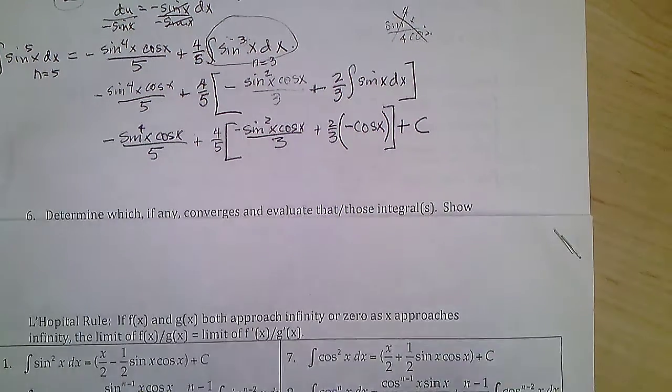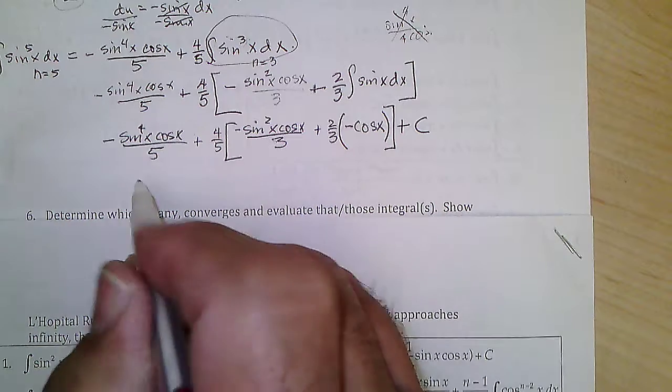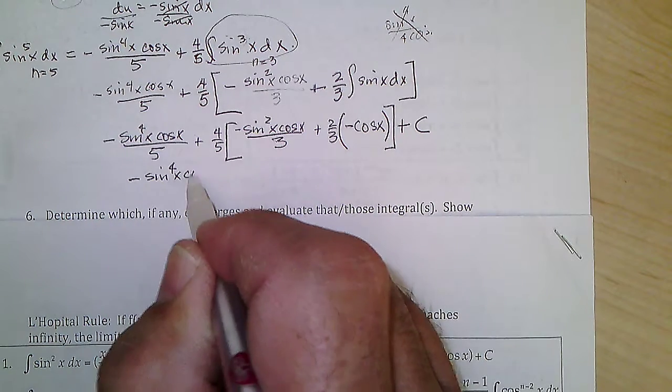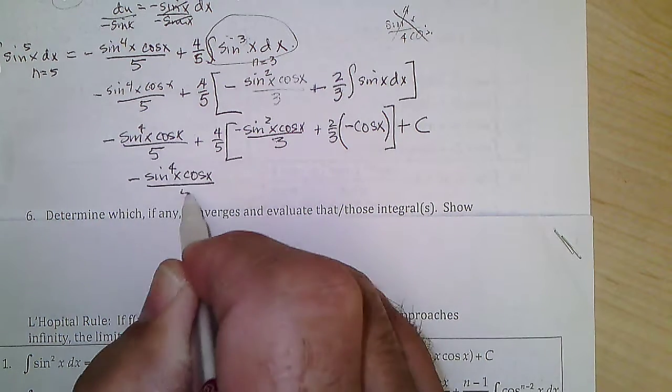You could have left it like this, or you can multiply this in here and you get negative sine to the 4th x cosine x over 5